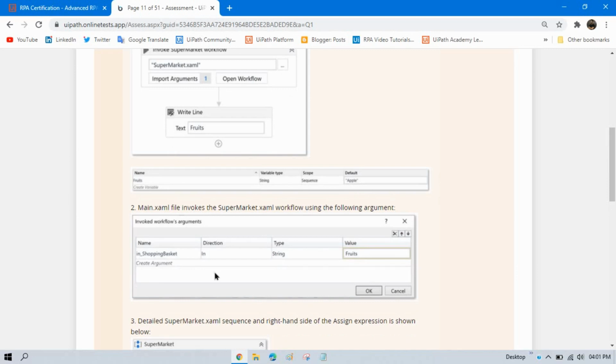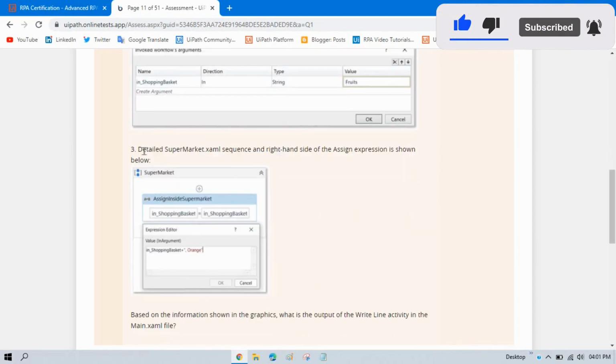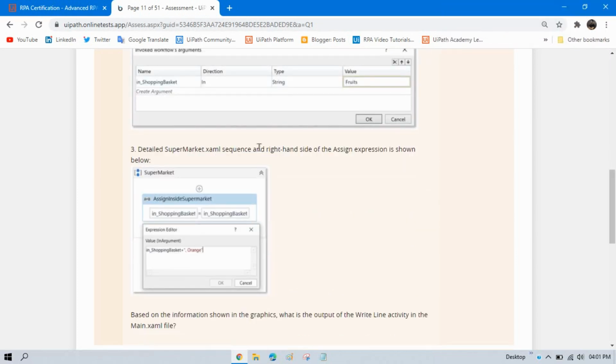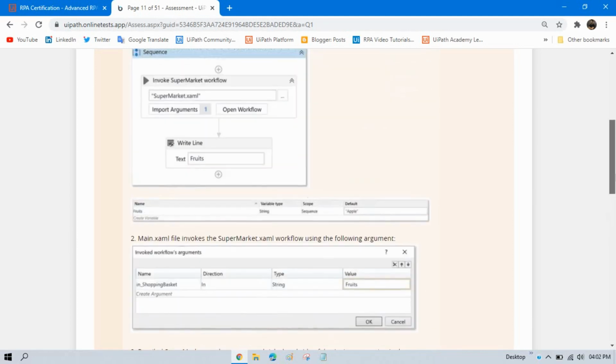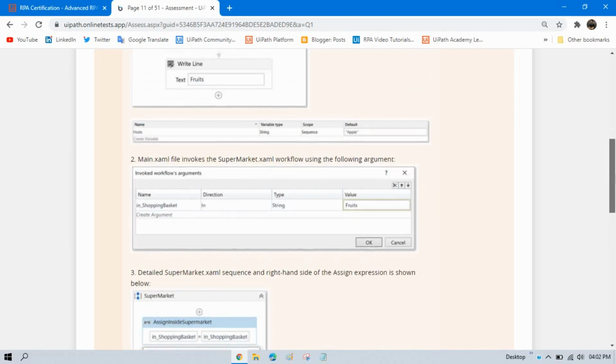So apple will be assigned to the shopping basket, and then in the detail supermarket this will be assigned to this. It means apple plus orange. So what direction are we using? We are using direction